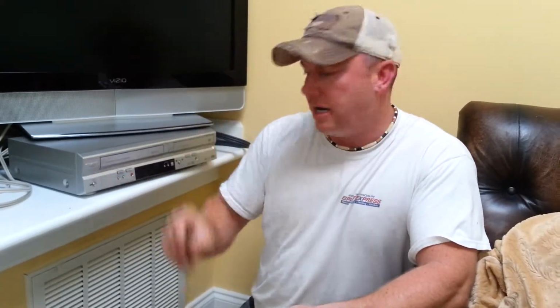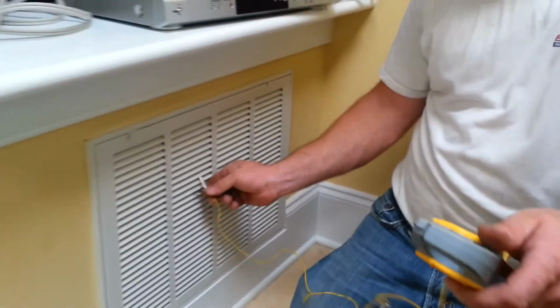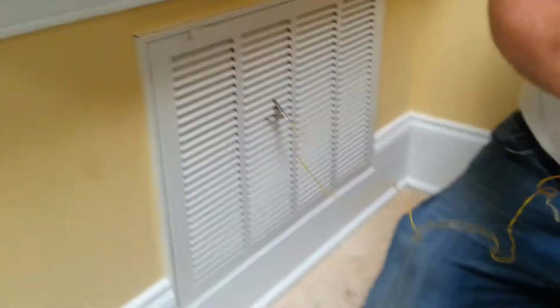Okay, so we're going to take the wet bulb. I'm going to show you the old-fashioned way. There are a lot of different ways to take the wet bulb. This is probably one of the easiest ways. It used to be that we would take a wet piece of cloth, put it in what we call a sling psychrometer, spin it around really, really fast, and that would give us our wet bulb. Now with the sensors and temperature probes, we can simulate that by using what we call a wet sock on a K-type thermistor. So this one, you get it thoroughly wet, and then you're going to insert it into the return grill,